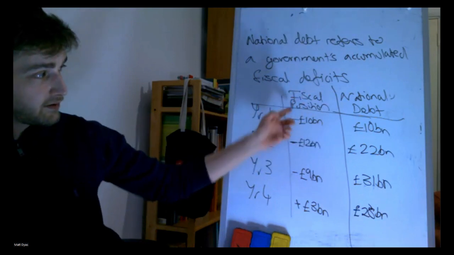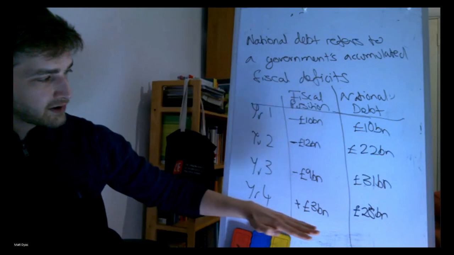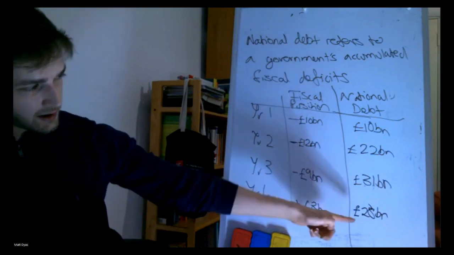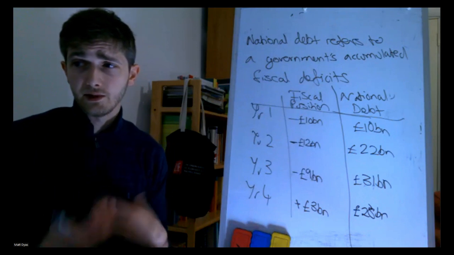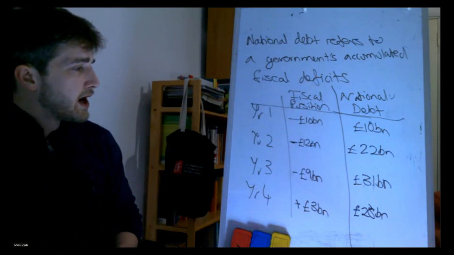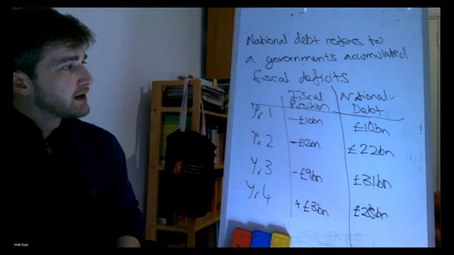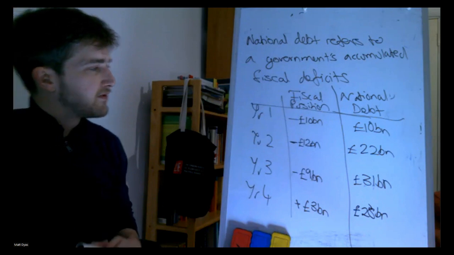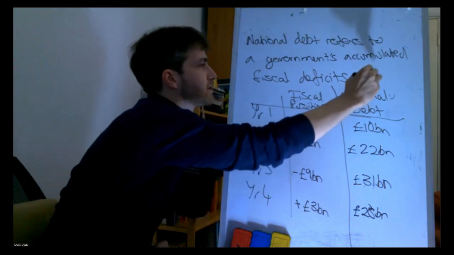Notice what's happening here. Fiscal deficit three years in a row, national debt goes up three years in a row. Fiscal surplus, national debt goes down. Okay, so that's the basics of this relationship. If you want a macro analogy, it's not very similar, it's exactly the same in a way as total